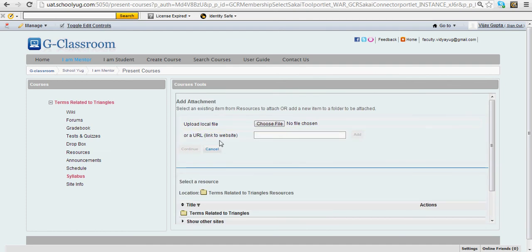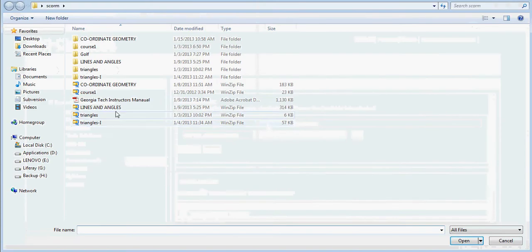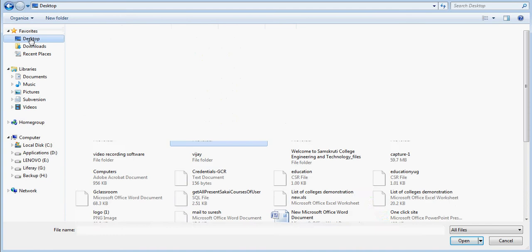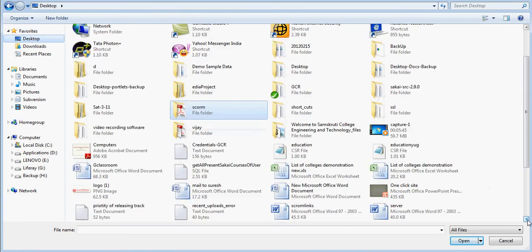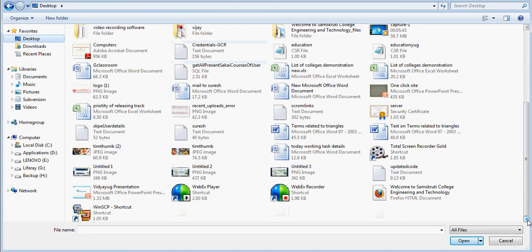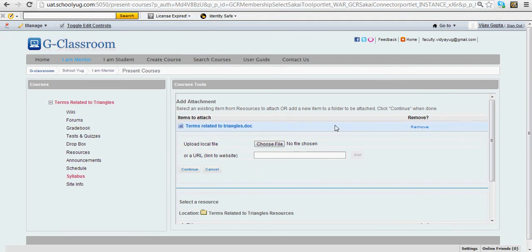You can see here upload local file, choose file. Let us choose a file from the desktop, whatever file is related to the topic, terms related to triangles.